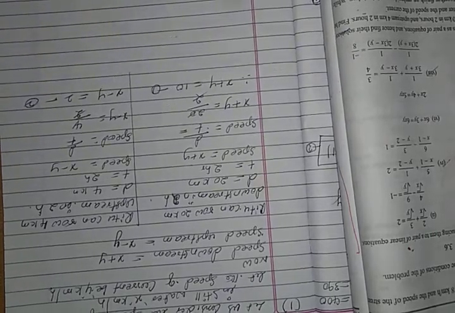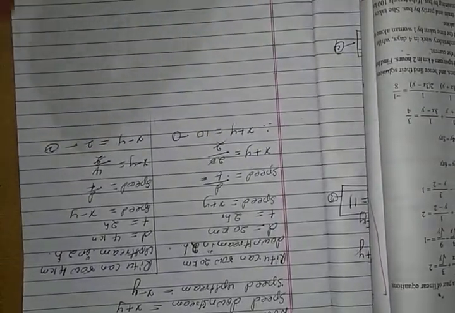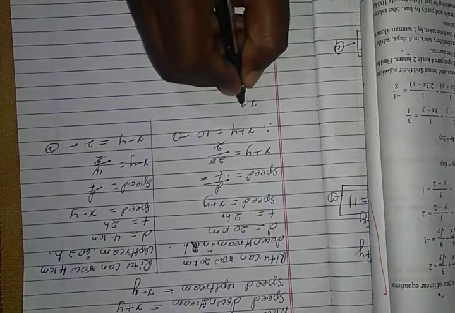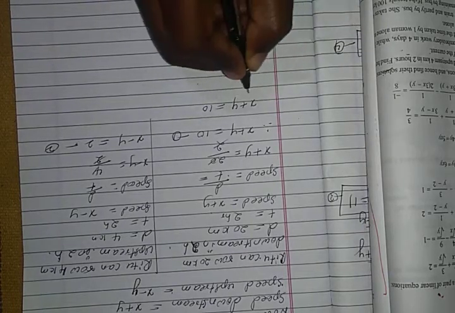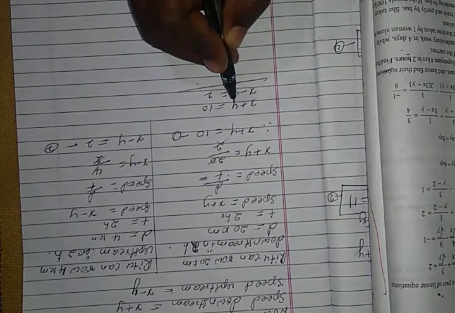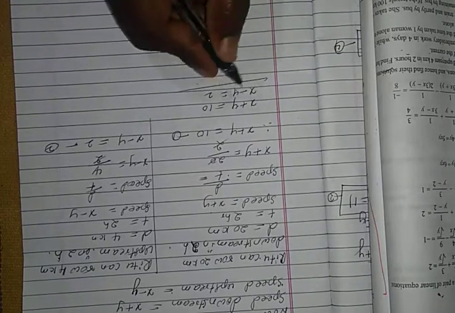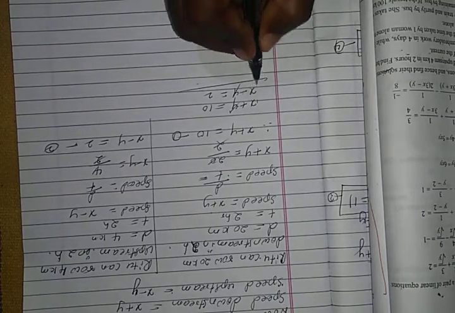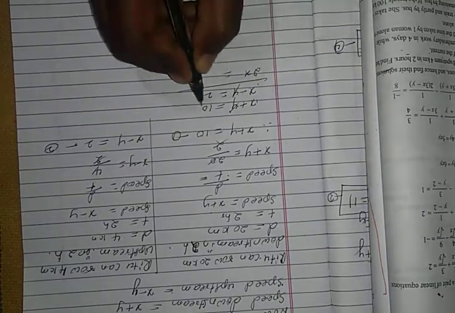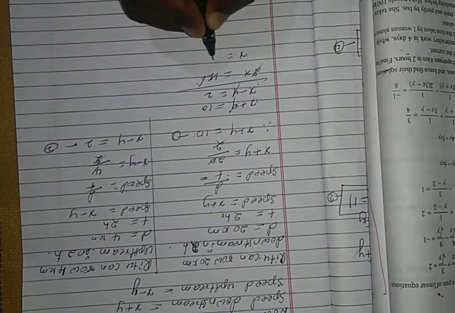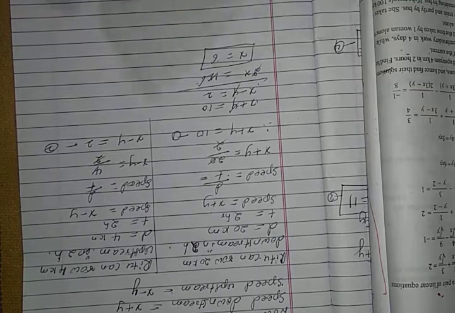Let us solve equations 1 and 2 by using the elimination method, or you can solve by using the substitution method. So I am going to solve by the elimination method. x plus y is equal to 10 and x minus y is equal to 2. y is already balanced and also the sign is different. So plus y and minus y get cancelled. So x plus x is 2x, 10 plus 2 is 12. 2 ones are 2, 2 sixes are 12. Therefore x is equal to 6.